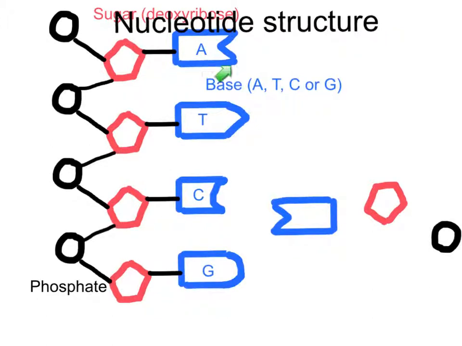then poking out into the rungs of the ladder, or forming the bases of the DNA, will be these bases. So I've put all of them down here, but we have adenine, thymine, cytosine, and guanine down here. What you will notice is that I have drawn in a very schematic way that these bases have different shapes to the end of them. Okay, so this is certainly not representative of what these molecules actually look like, but on a schematic point of view, it indicates that each of these bases is different from each other, and this starts tying into this pairing